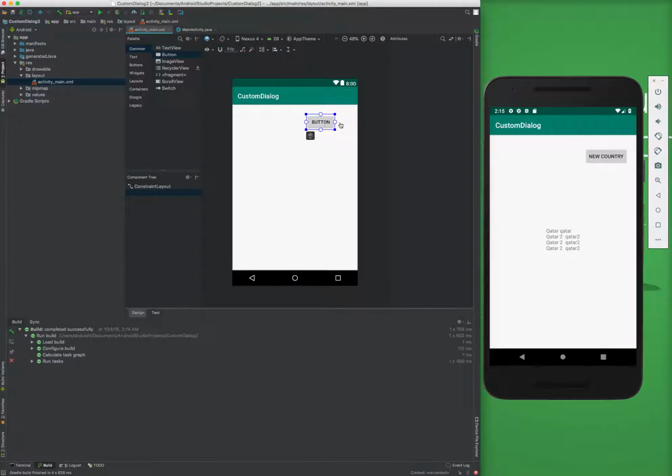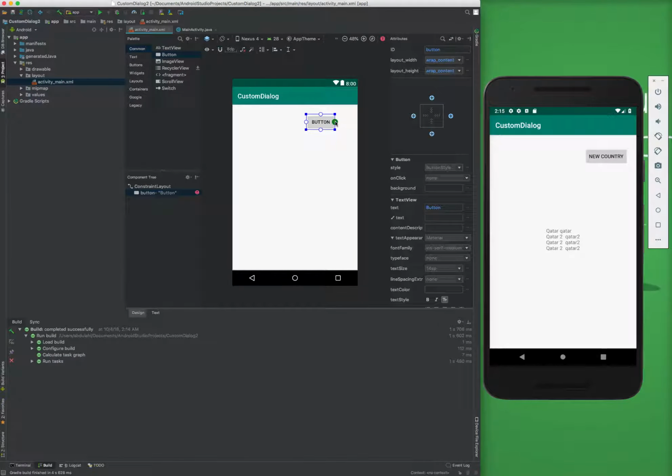Drag this, and then I'll call this, just restrict it. Okay, give it the constraints, and then call it add or new country, and here I will give it new country BTN. Okay,